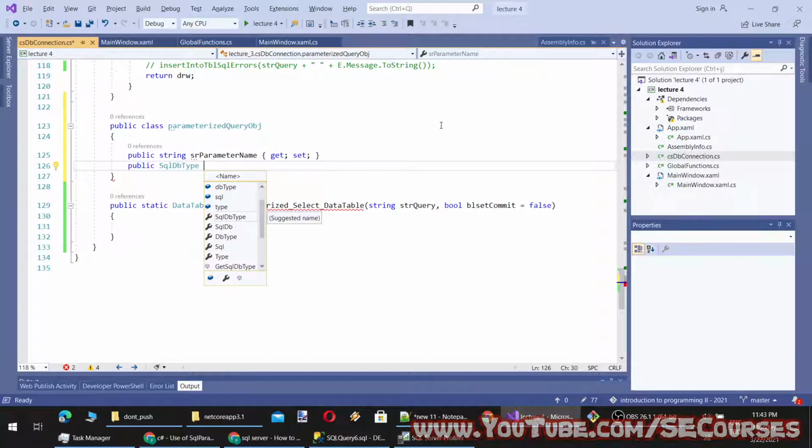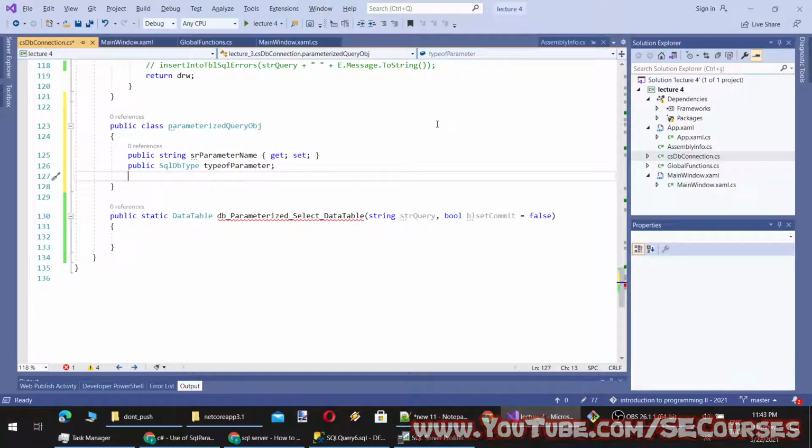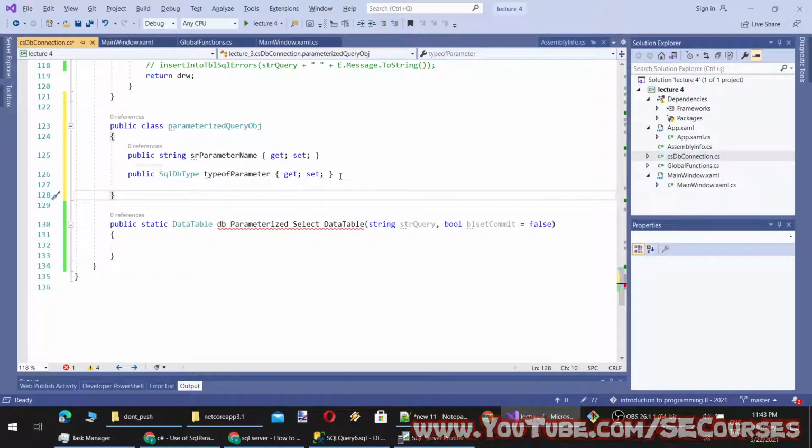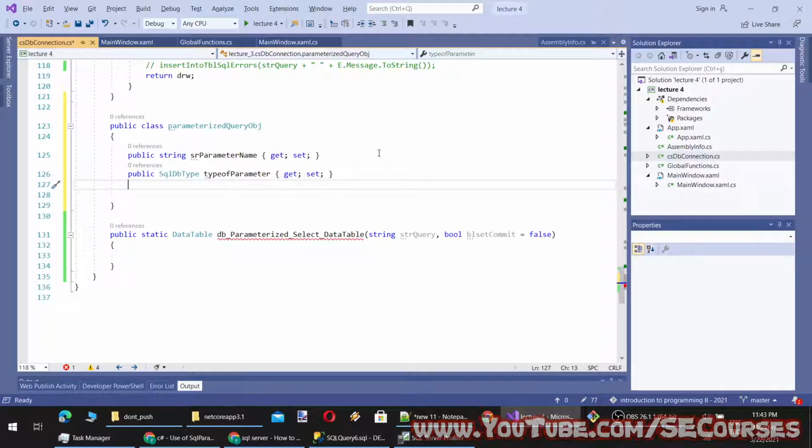And let's say type of parameter. And I wonder if we can make this like this. Yeah, it also supports it as a property. Then we will have object, and the value of parameter.